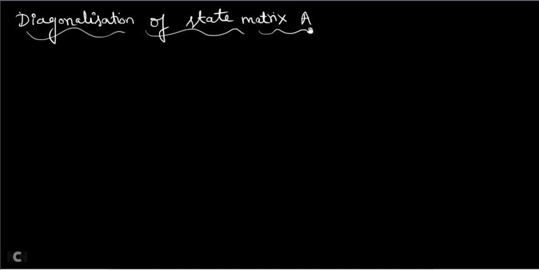You have studied this in your previous video lecture also. Diagonal canonical form. In the diagonal canonical form, your capital A is diagonal only. So that is also one method to make the capital A matrix as diagonal, and there is one more method here. There are two methods to make your capital A state matrix as diagonal matrix. Either you can use that method, whatever is there in the previous video lecture, or you can use this method, whatever I am going to explain now. Diagonalization of state matrix A. And I will tell you in which problems you have to follow which method.